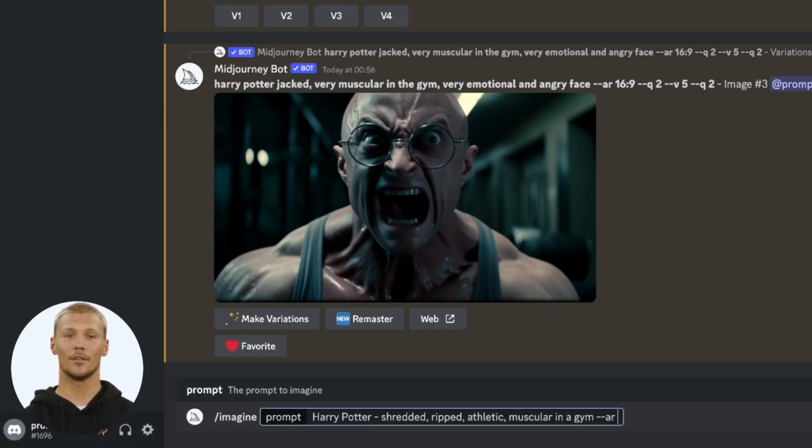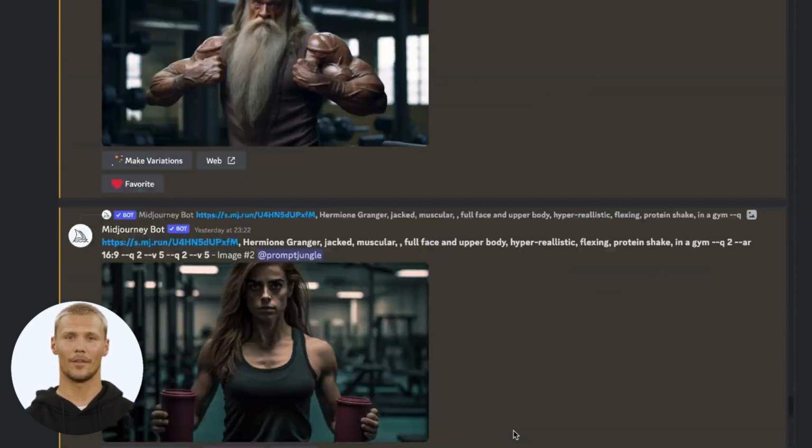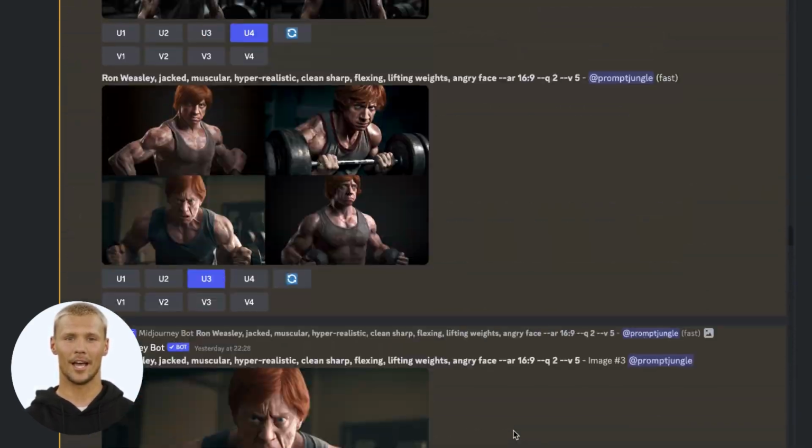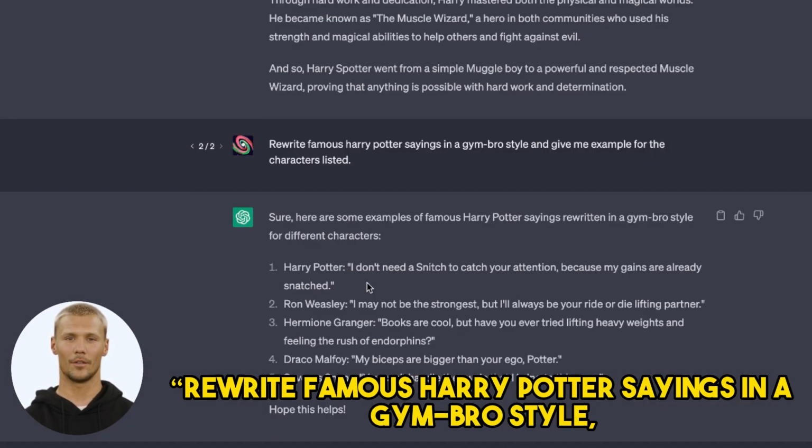Now insert each character name and their description. Obviously, you can be creative and try other words for better images. As you can see, I also tried many different options. Generated all the pictures. We go back to ChatGPT and ask him to rewrite famous Harry Potter sayings in a gym bro style